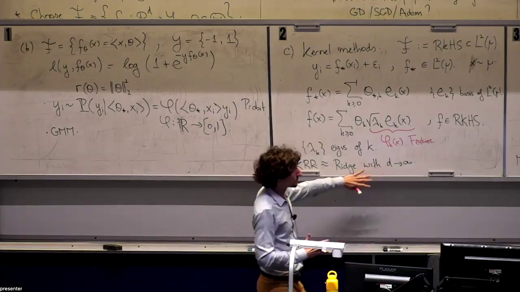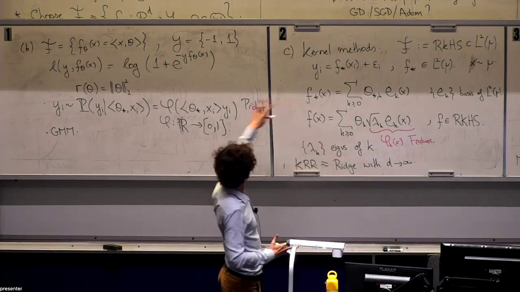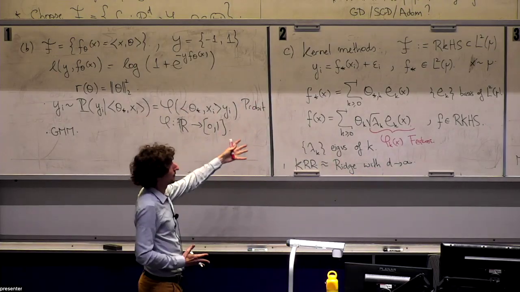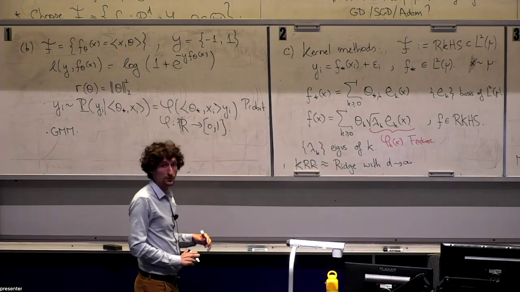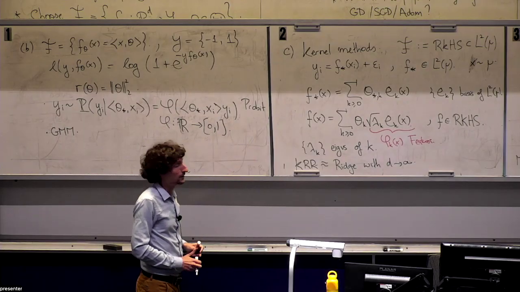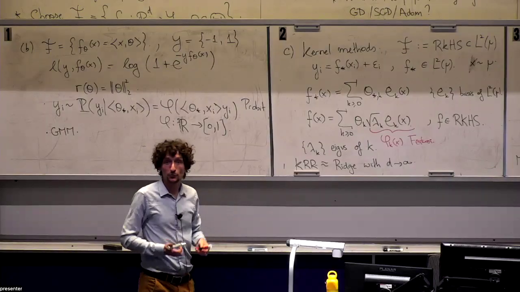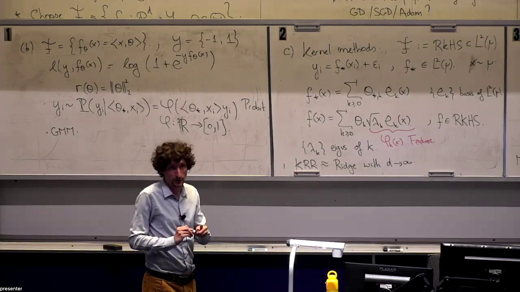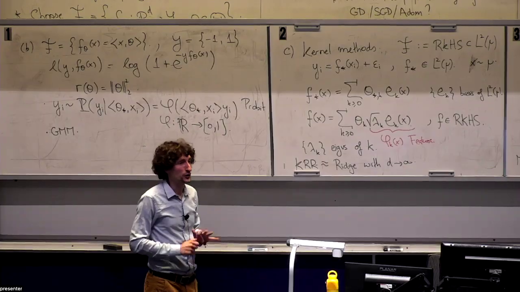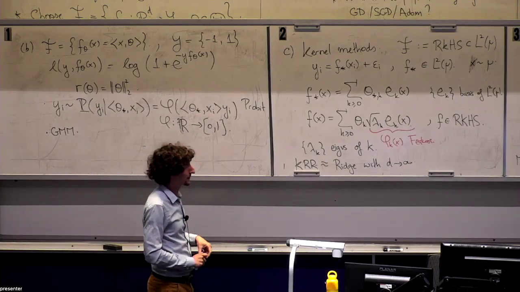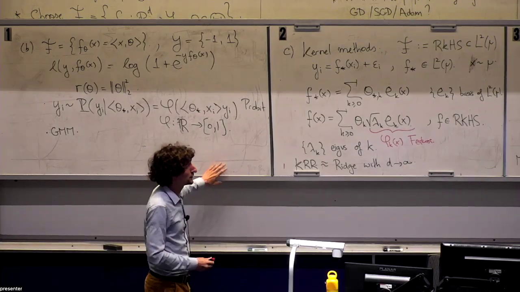But I claim that A, B, and C can be equally studied with the methods that we're going to see next. I could give another example, which is, let's say, a neural network. That's like a two-layer neural network. We are not going to study this next, but you can also fit it in this framework.